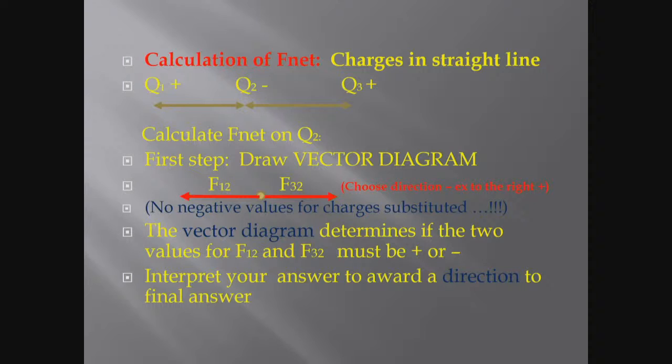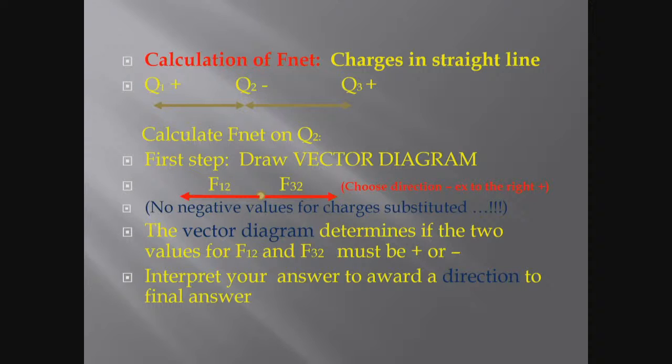So two different calculations, and then looking at your force diagram, you realize the two forces on Q2 are acting in opposite directions, so therefore you must subtract them from each other,